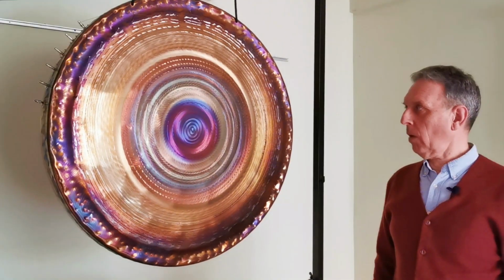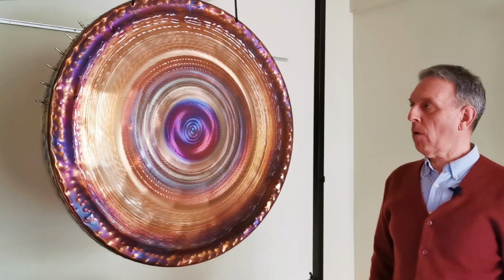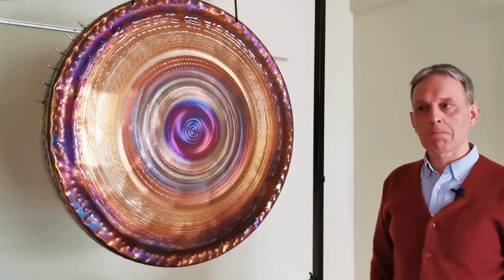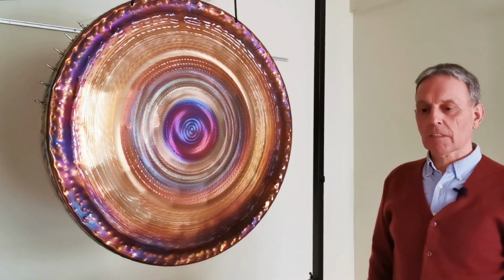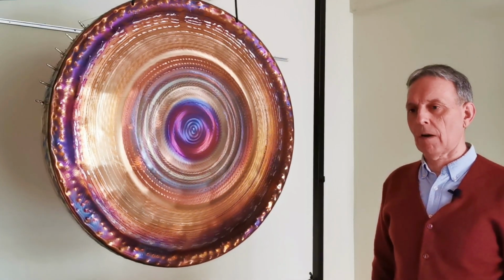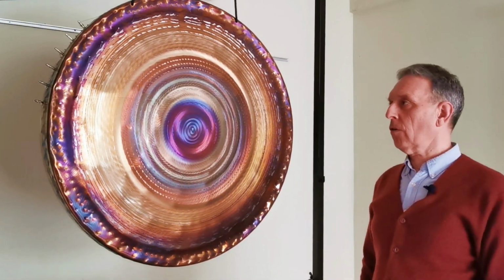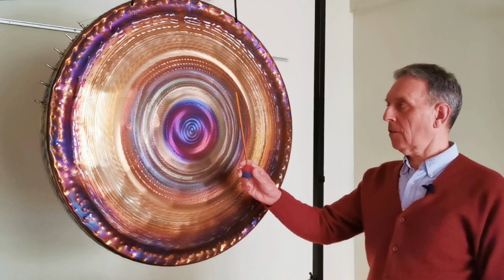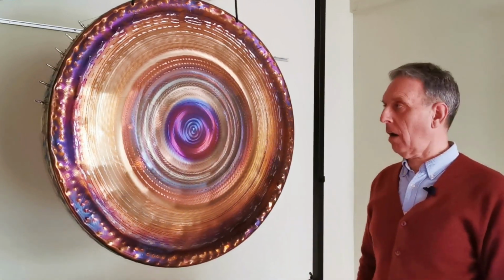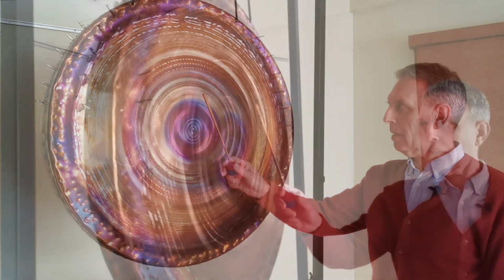Well, this is the second one, and this is the oddest gong I've ever come across, really. I'm aware that these makers in Italy, before they started making gongs, experimented with various scrap metals, all sorts of materials, making musical percussive instruments. And one of the things they made were instruments with strings. This is a combination of a harp and a gong, and it's called a harp gong. And it's extraordinary in that it's got these